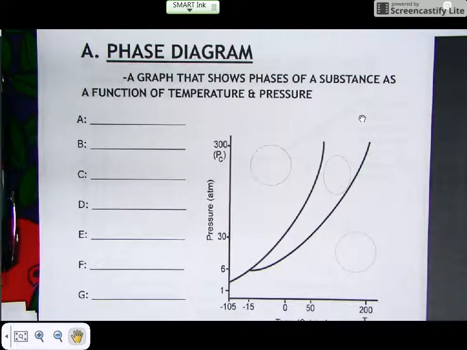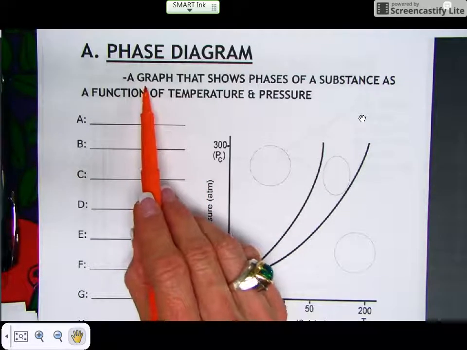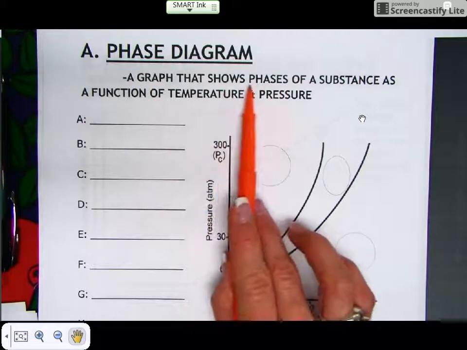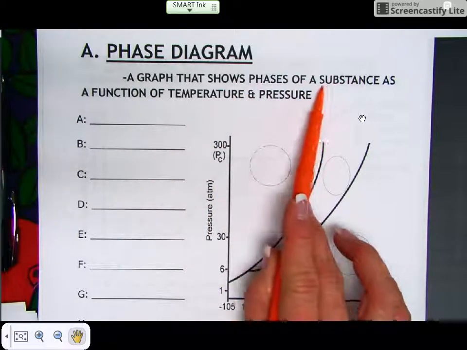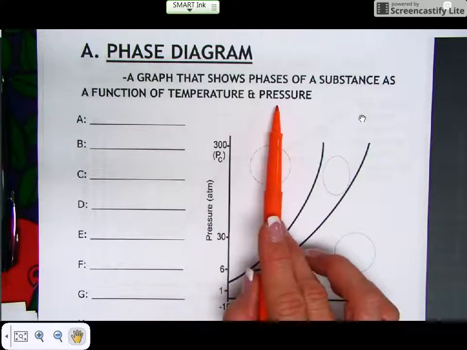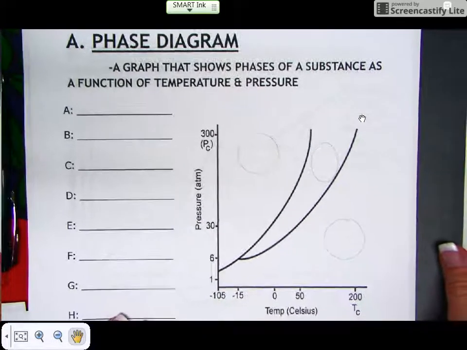So the two diagrams that represent the phase changes that occur in matter, one of them is called a phase diagram and the other is called a heating curve. Let's first look at the phase diagram. The phase diagram is defined as a graph that shows the phases of a substance as a function of temperature and pressure. So if you look at the graph that I have here,